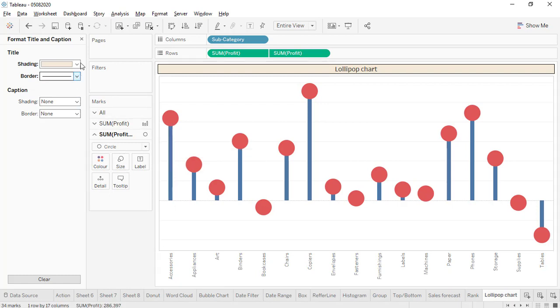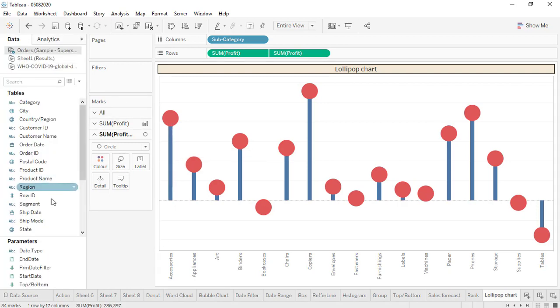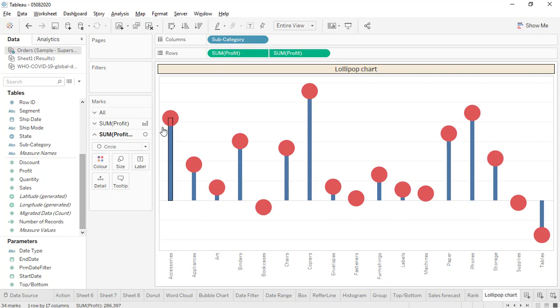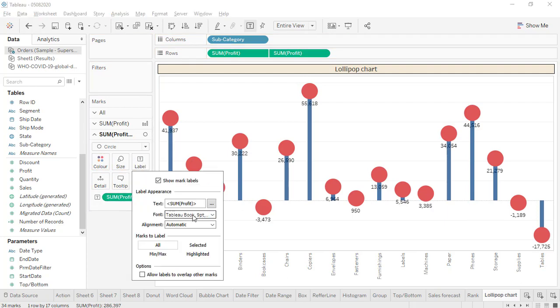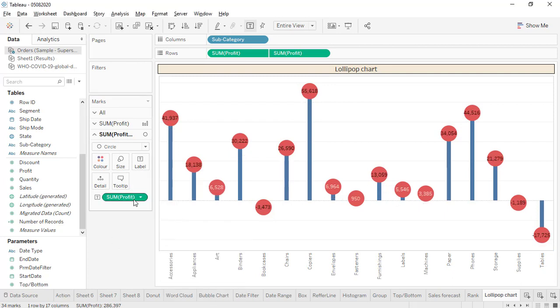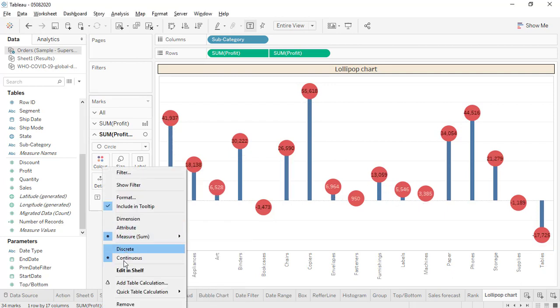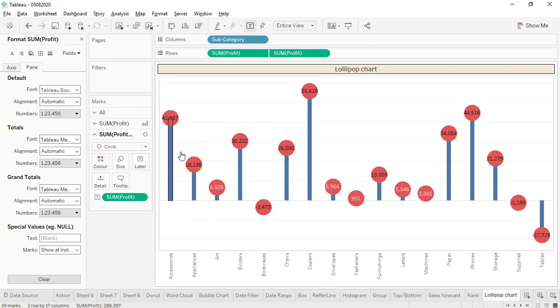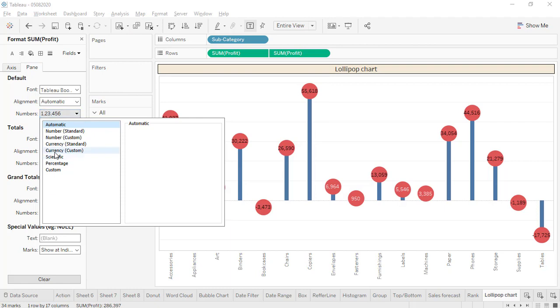Another thing which is very important, in case you want to show the labels on these lollipops, you can drag the profit onto label, and then you can align it properly, and show a proper format, because at this moment your profit numbers are either overlapping or going beyond the circular shape.